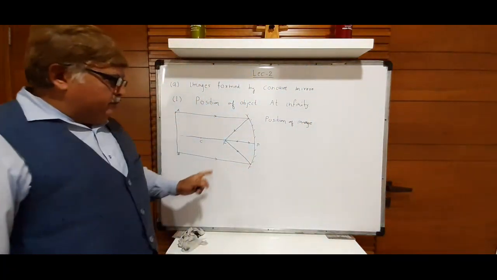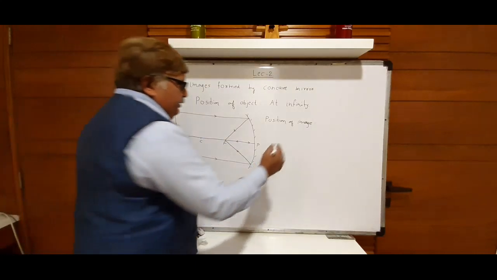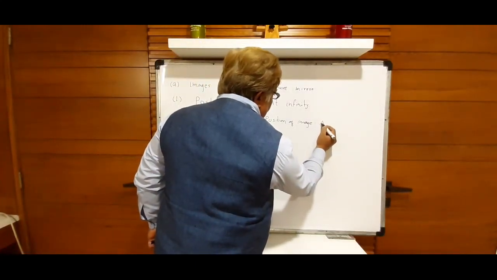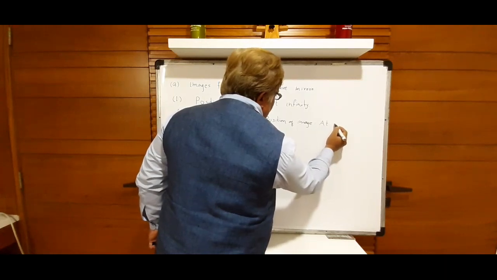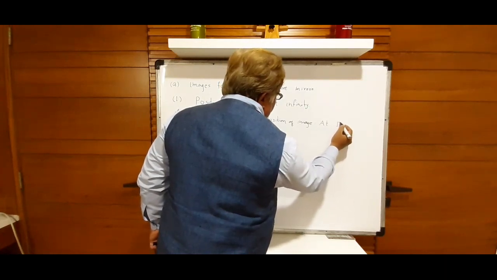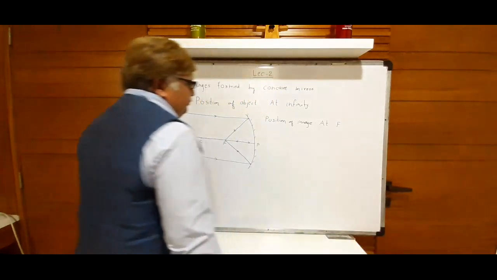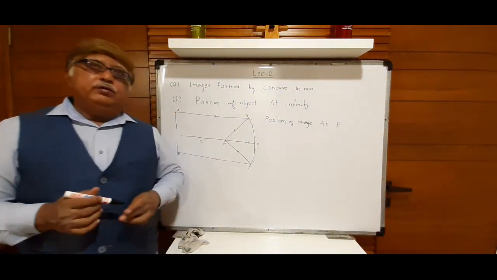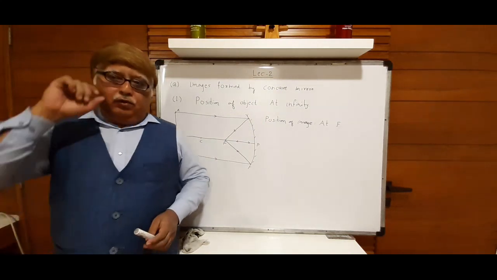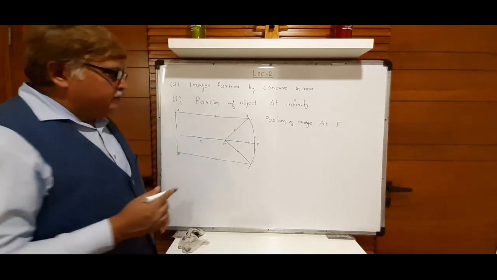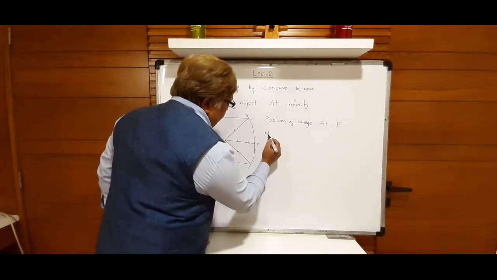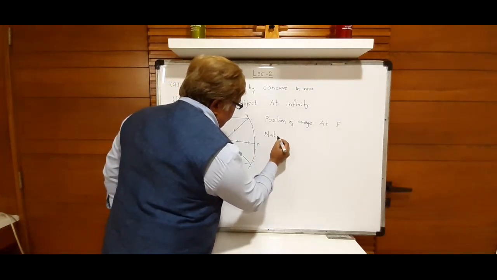Where we got the image exactly at principal focus, you can write at focus or you can mention at F, that is sufficient. You can also write in word at principal focus or you can write at focus, all are similar, understand? Then you have to write in exam some addition also, that is